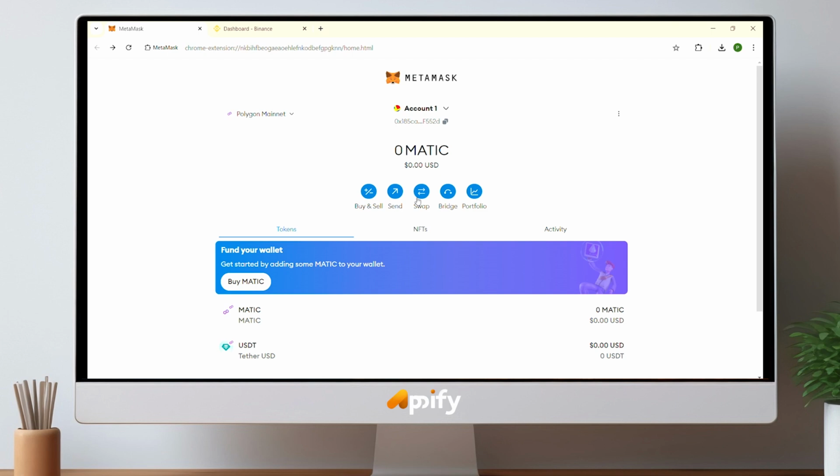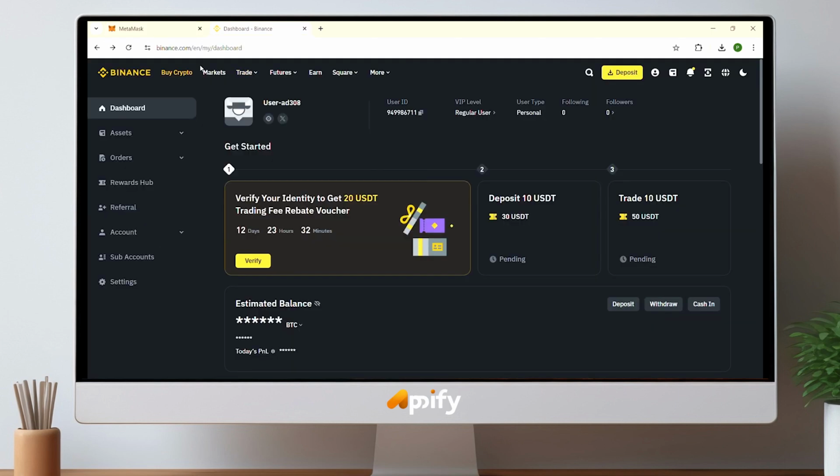Now let's get started. To inform you, you can't send money from MetaMask to a bank account directly. Firstly, you need to send or deposit your coins and NFTs to a centralized application like Binance. So firstly, you need to open Binance on the next web page, and when Binance is opened, you just have